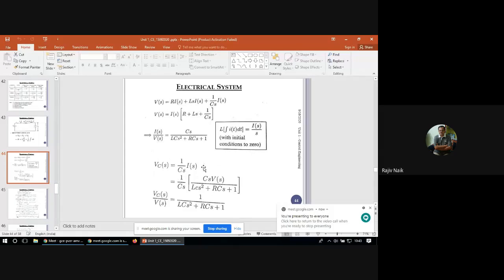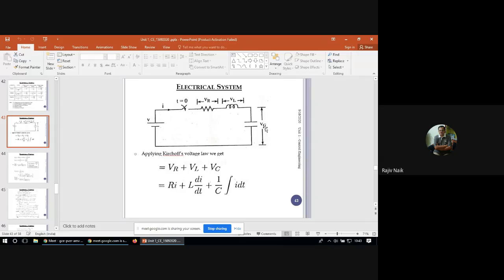See here, there is a mistake in that sketch. The output there is taken across a capacitor, and because of that, he has written the equation. Don't bother about it. I will cover this in the next problem, because it will create unnecessary confusion. Here the VC output is there across the capacitor. That modification he has done.